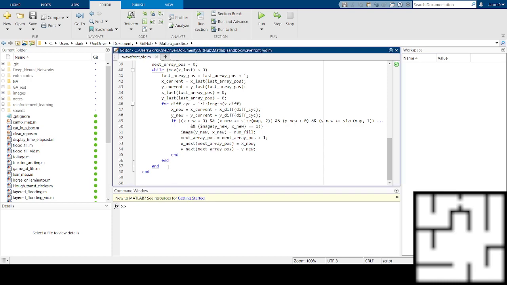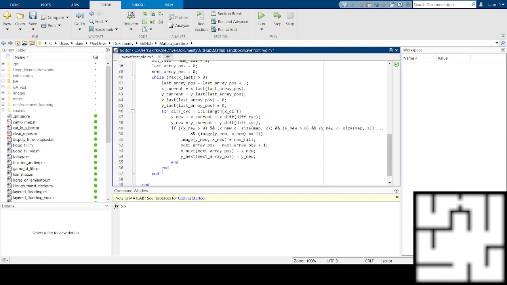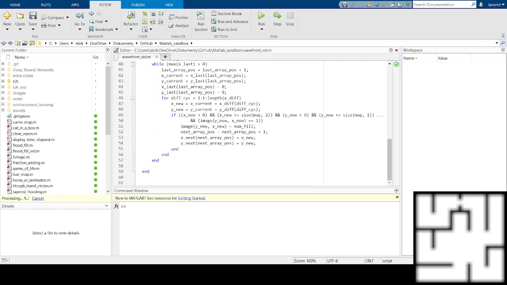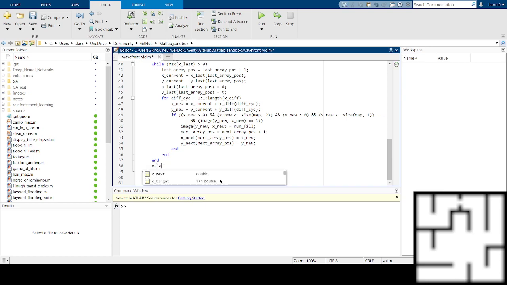So after all this is done, while still in the steps, I shall make my X last next, okay, and I shall do so for the Y coordinate as well,